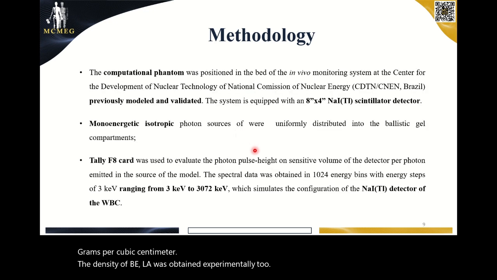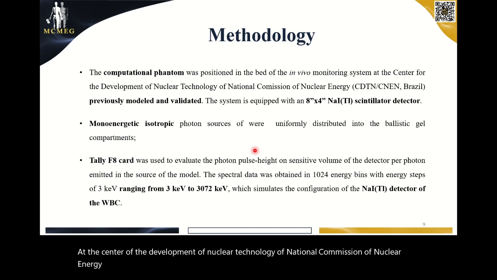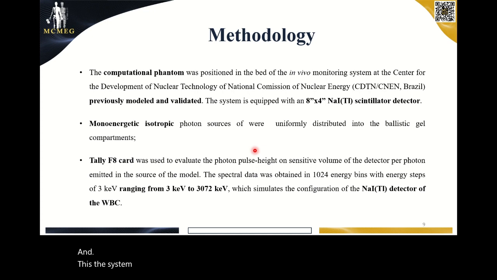The computational phantom was positioned in the beds of the in vivo monitoring system at the Development Center of Nuclear Technology of the National Commission of Nuclear Energy of Brazil. The system was previously modeled and validated by Pacheco. The system is equipped with a sodium iodide scintillator detector, and the source was uniformly distributed into the ballistic gel compartments